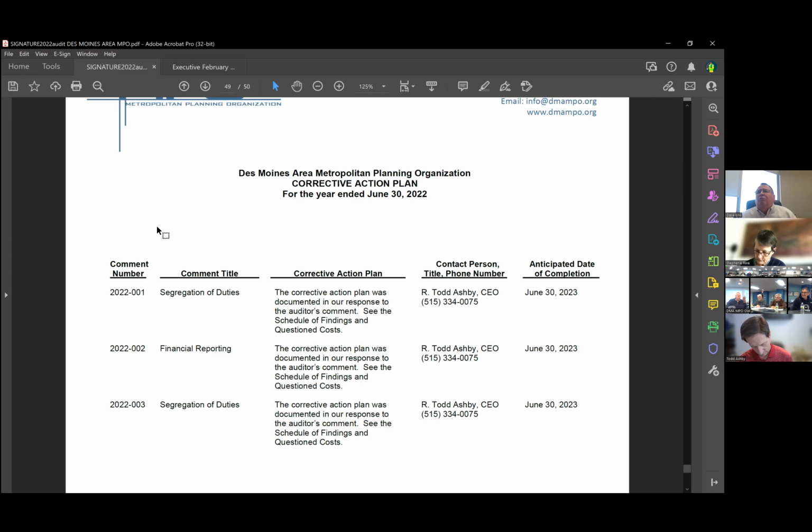Again, Len, I'm not trying to cut you out, I'm just getting to the point that I think we are losing a little track of where we are in the audit versus general accounting questions. And I just want to wrap up on the report. This is a draft. We're not accepting the audit today, so we still have another month.